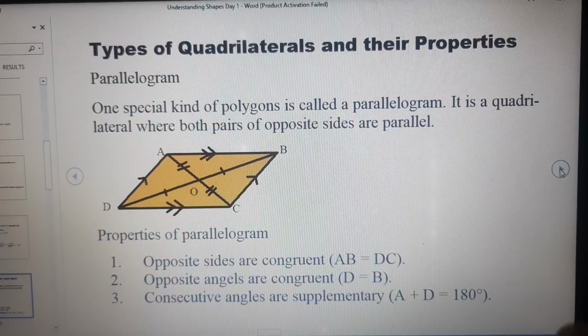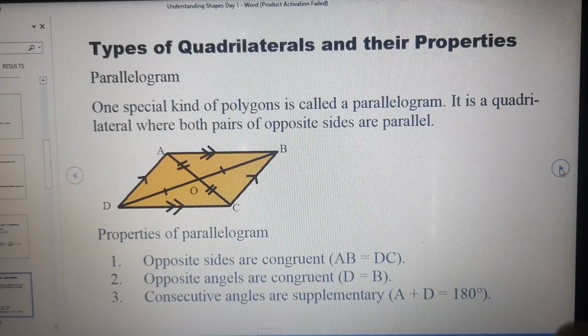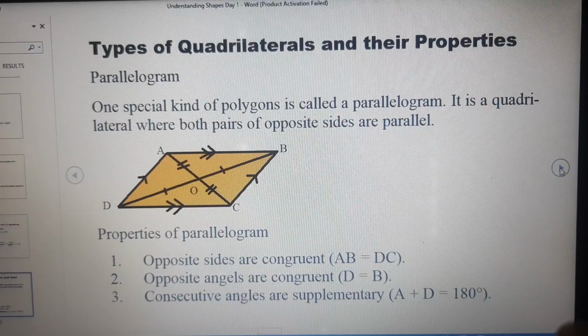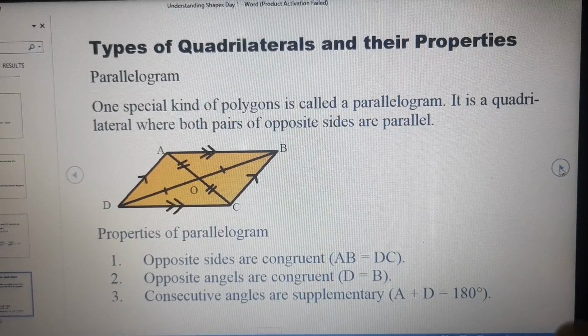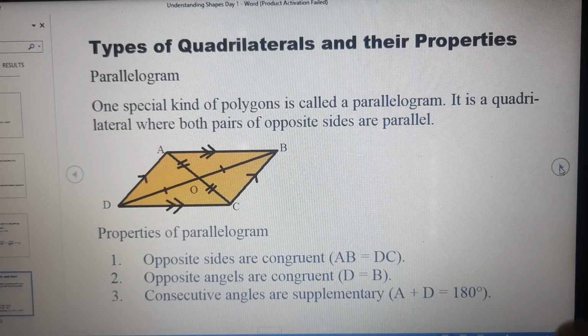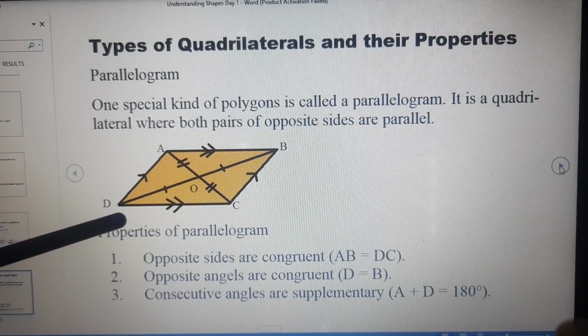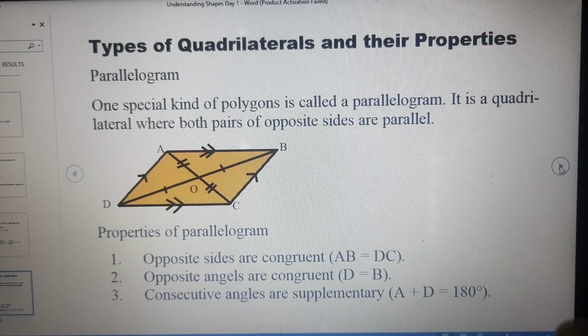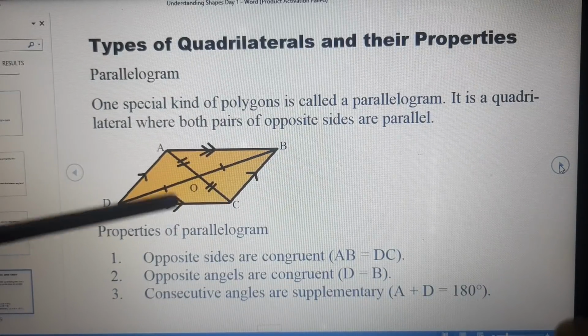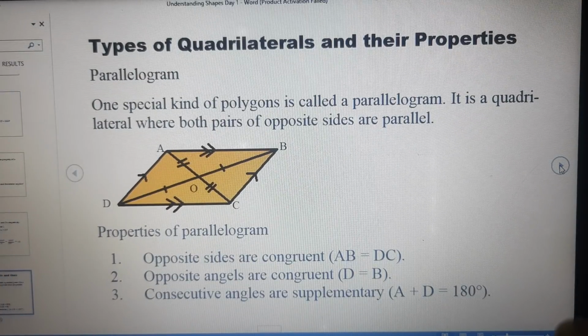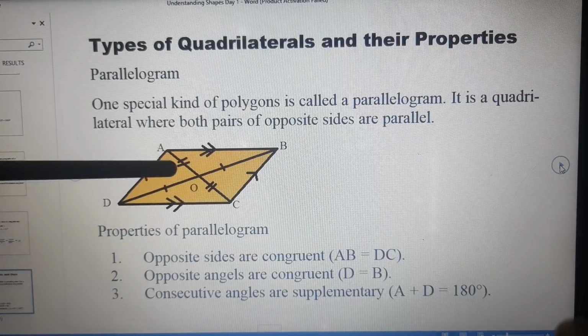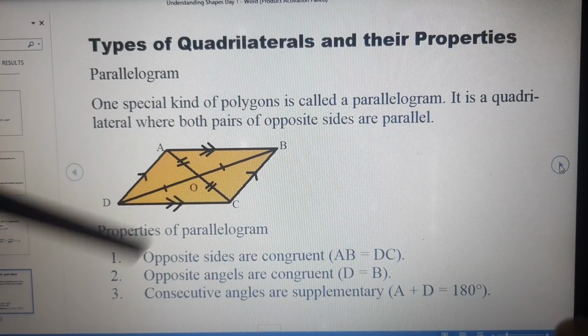Now we are going to discuss a few types of quadrilaterals and their properties. So first type of quadrilateral is a parallelogram. What are the properties of a parallelogram? ABCD is a parallelogram here. It is just like a rectangle, but in a rectangle all four angles are 90 degree. Here angles are not 90. So opposite sides are equal. AB is equal to CD, AD is equal to BC. Opposite sides are parallel, as you can see in the diagram. AB is parallel to CD, AD is parallel to BC.